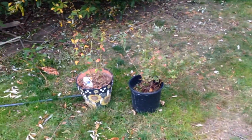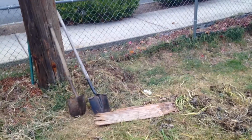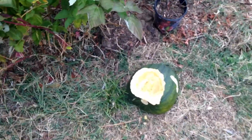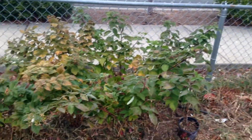And then I've got a couple more blueberries over here. There was a cute little pumpkin patch we had over here and some zucchini plants, but it's the end of the season, so they're not around. And you can see the free range chickens. And then I've got these raspberries,